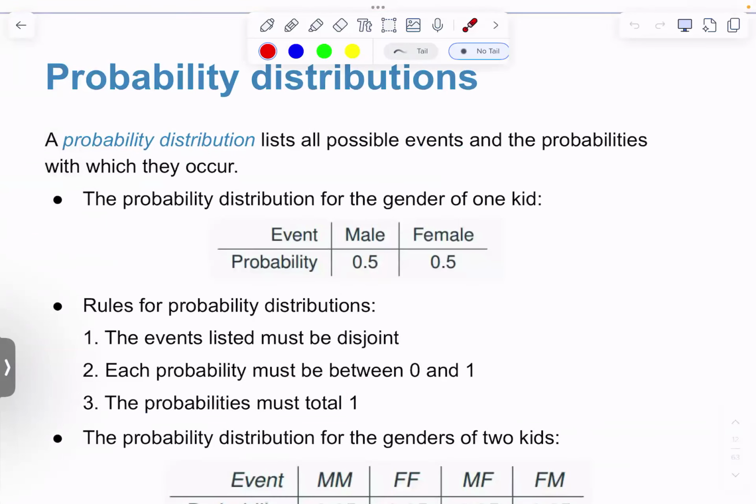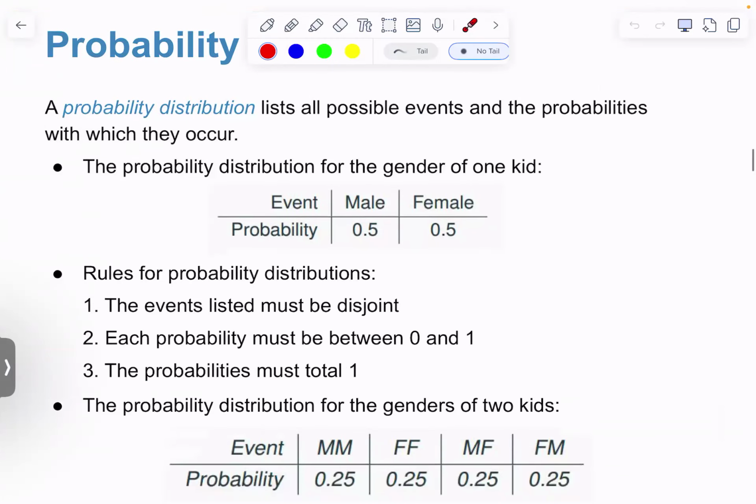A probability distribution lists all the possible events and the probabilities with which they occur. And so the probability distribution for the gender of one kid,